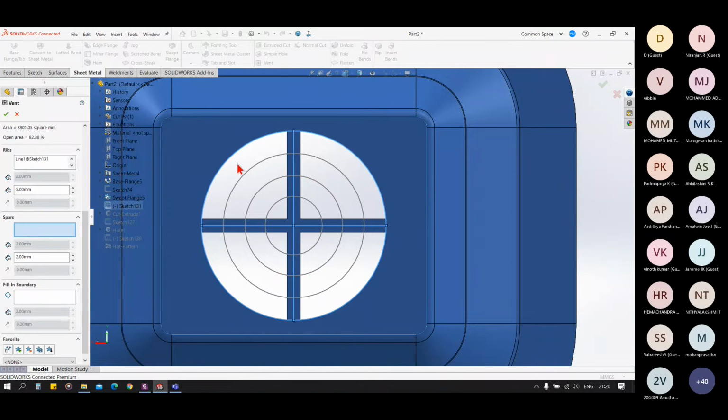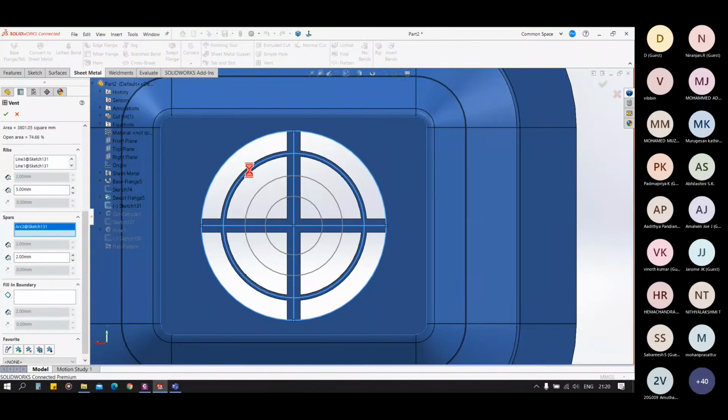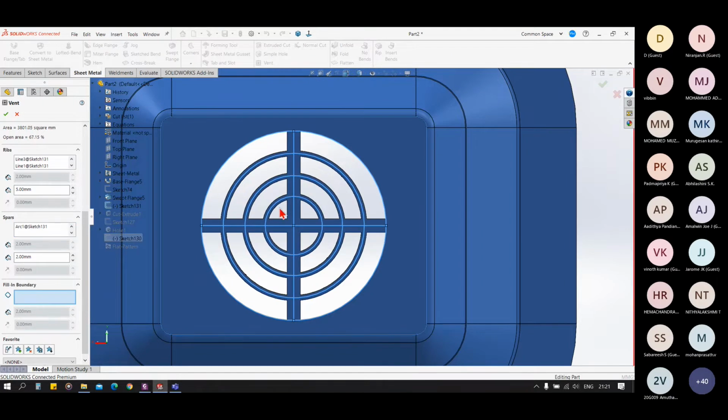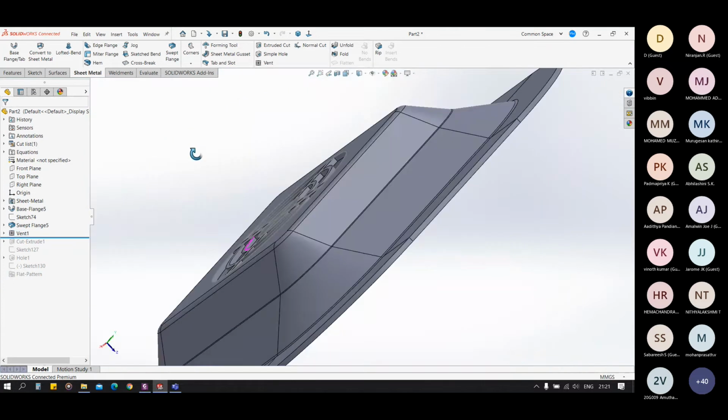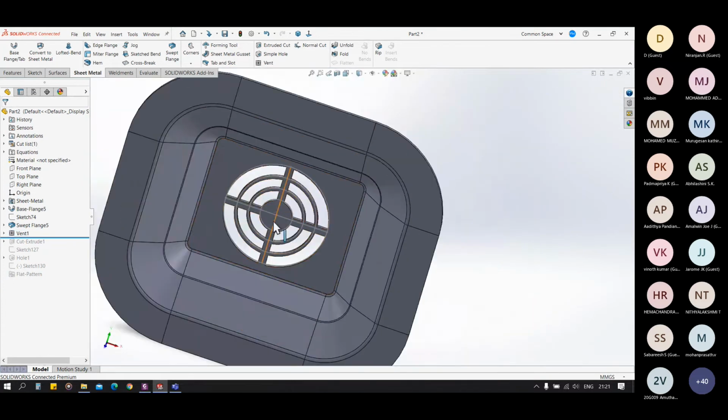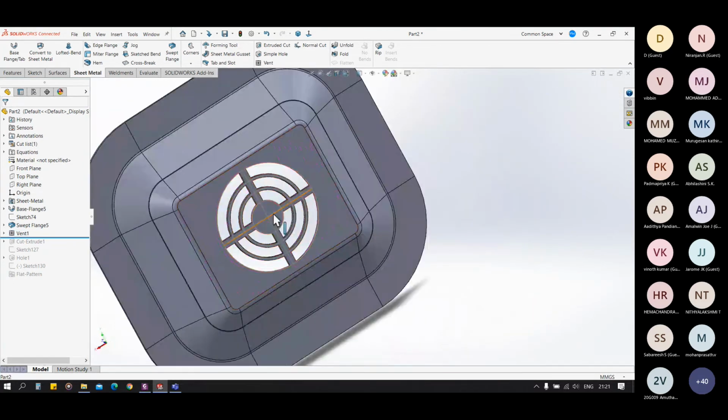Okay, now in the spars we can have our spars like this, and in the fill-in we can have it like this. So you can see we have created a vent. I will repeat this again.